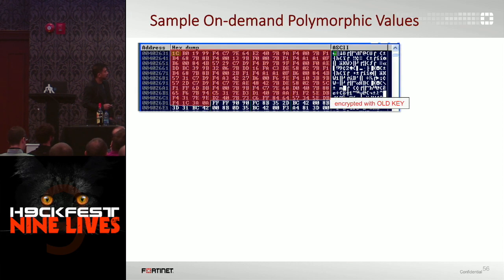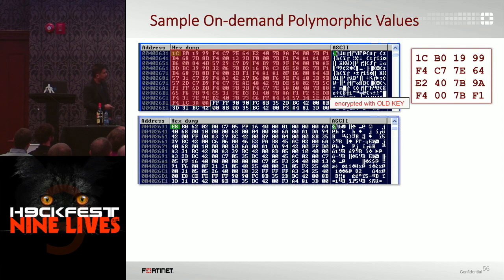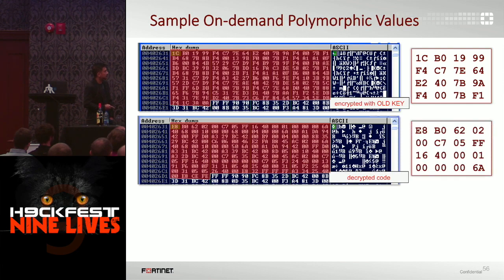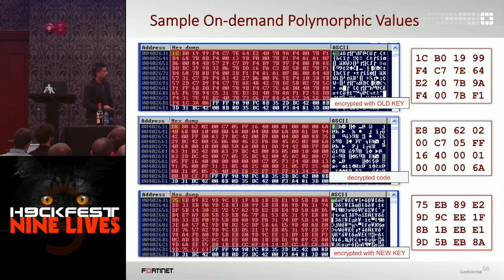If you're going to look into the original set, this is the encrypted code. Okay, I just grabbed it with the old key, getting the first 16 bytes, and then this is the decrypted code. The 16 bytes is here, and after executing this decrypted code, it will actually generate the new key and encrypt this one with the new key. Look, they are in the same memory location. This is encrypted with the old key, this is encrypted with the new key, and this is your decrypted